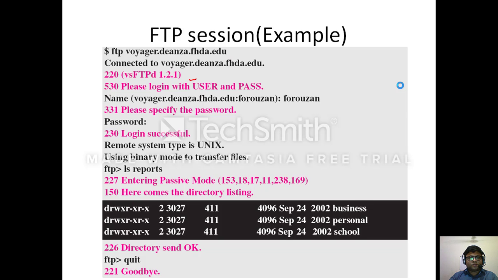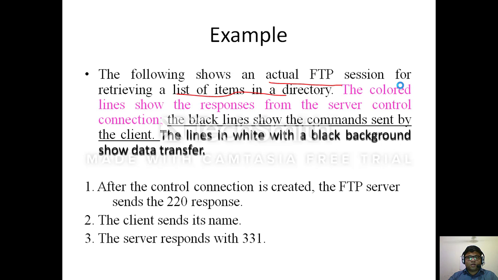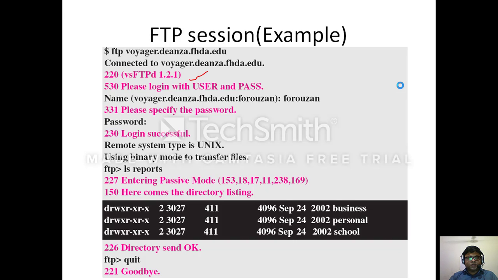This colored line shows the responses from the server. The black line shows the command sent by the client. These lines show the command sent by the client, and these lines show the response from the server.